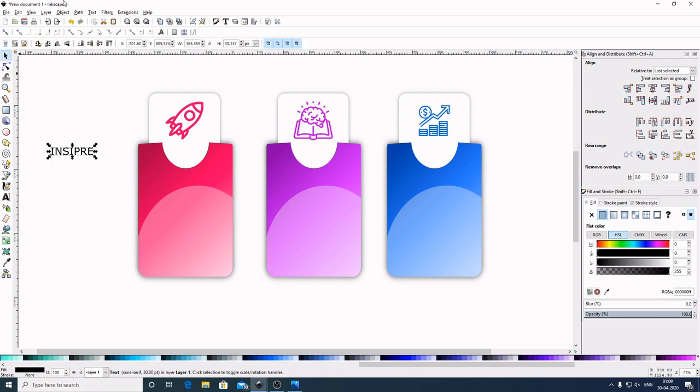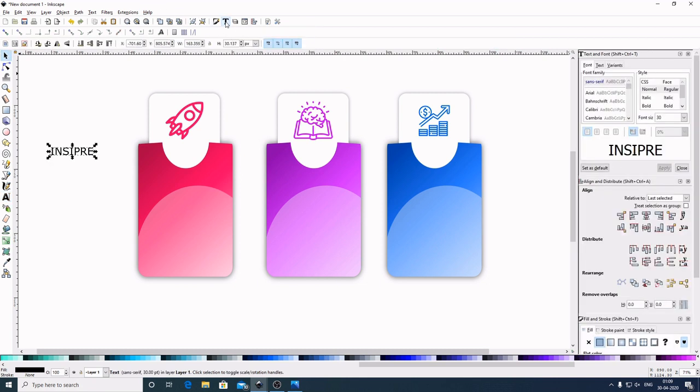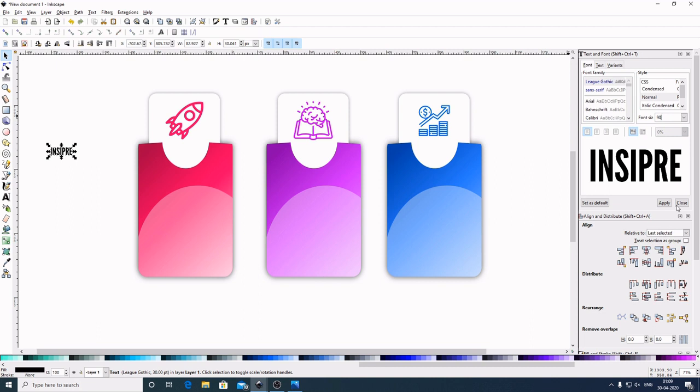Select this one. Now open up this menu, view and select font family. I will choose this Sleek Gothic, apply. Now come here to the font size, I will give it a value of 90, apply, bring this here.